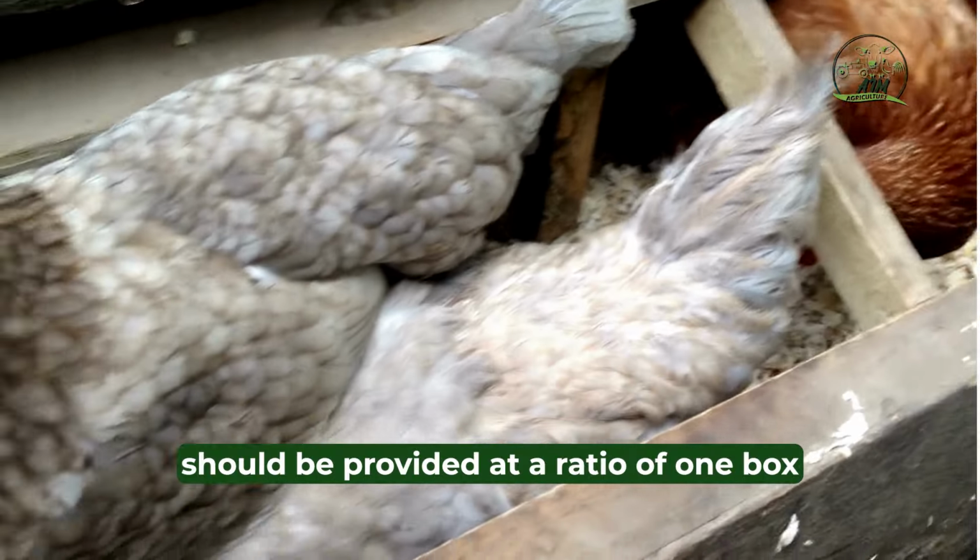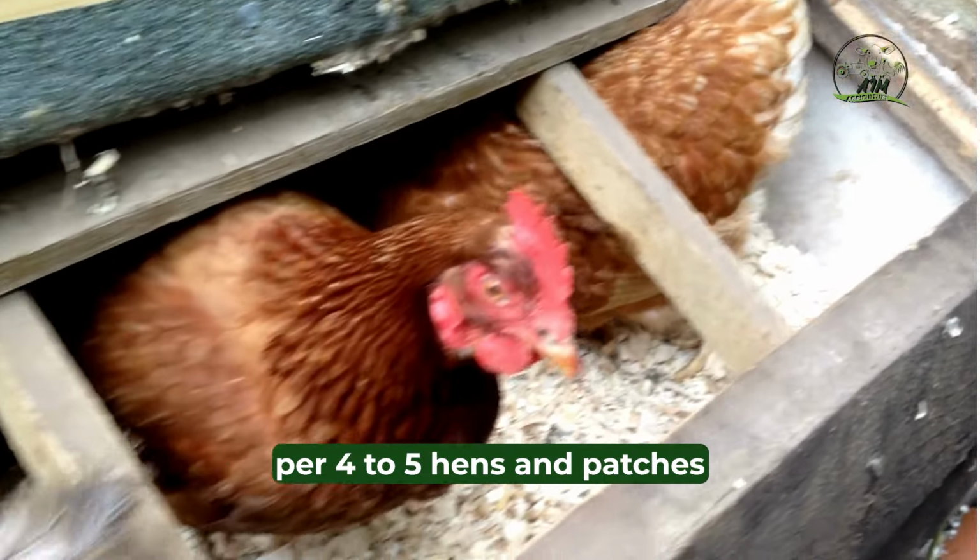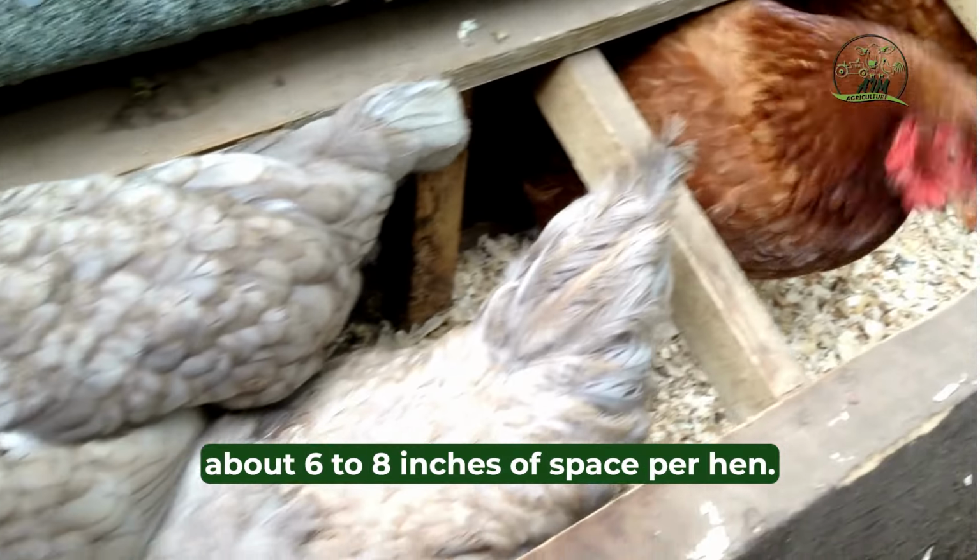Nesting boxes should be provided at a ratio of 1 box per 4 to 5 hens, and perches should offer about 6 to 8 inches of